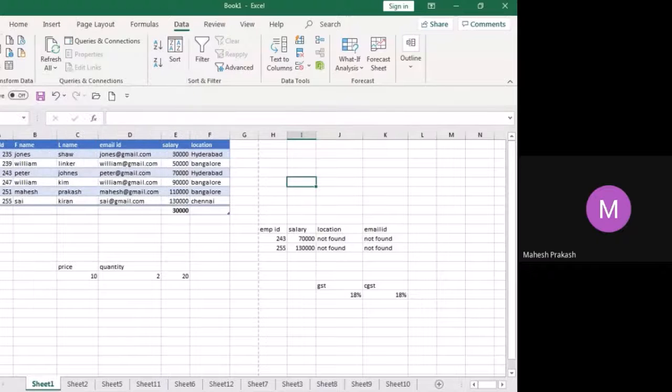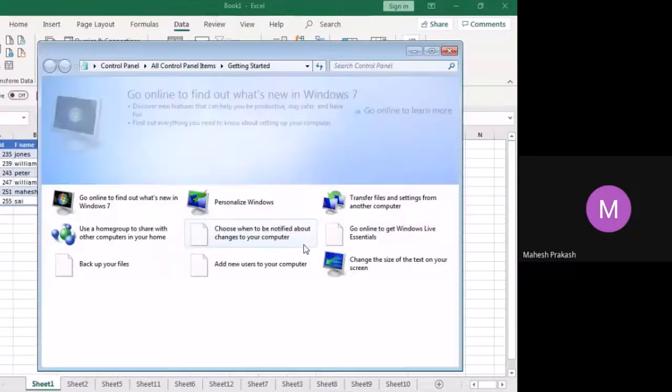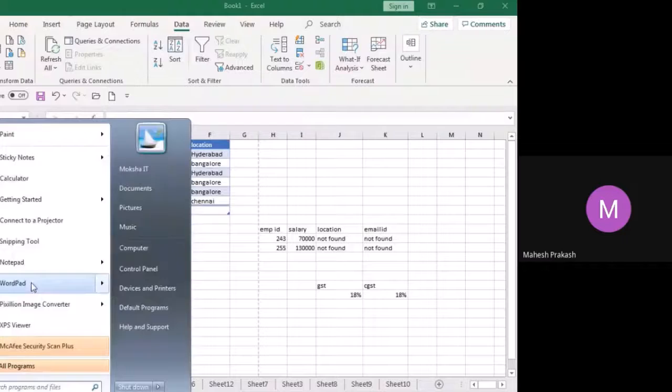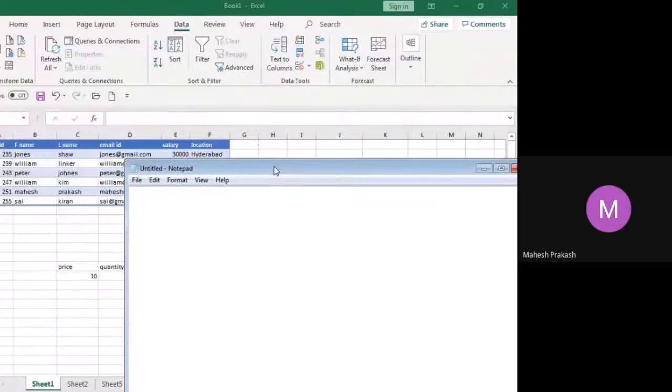Example, I'll put some text. Check carefully, I'm not creating a table. Name, whatever it may be. ID 1, 2, 3, 4. Name I'm putting